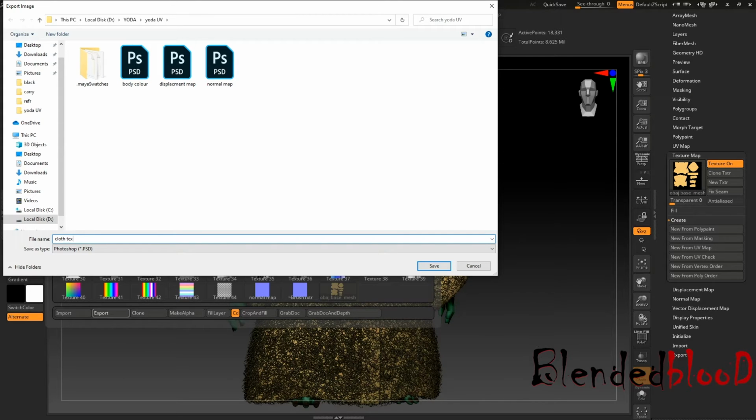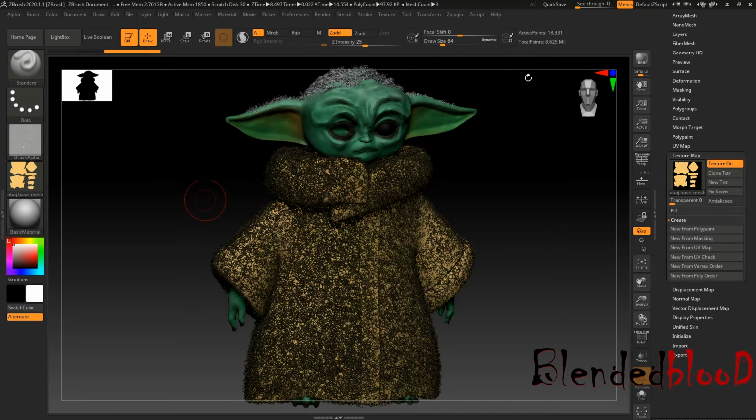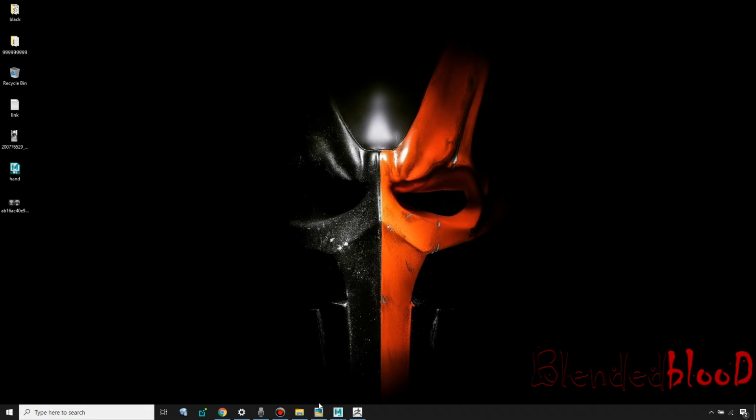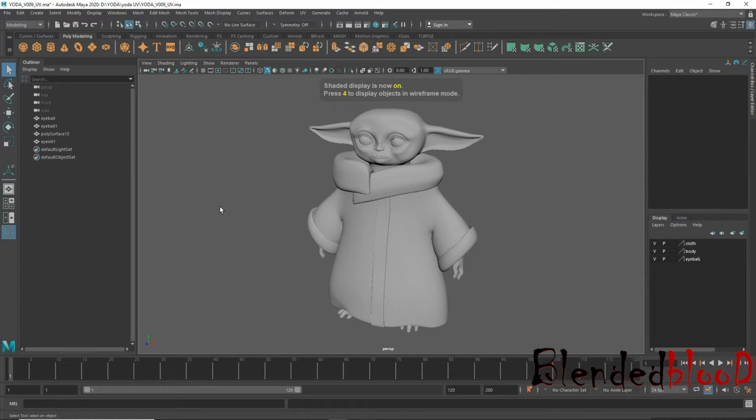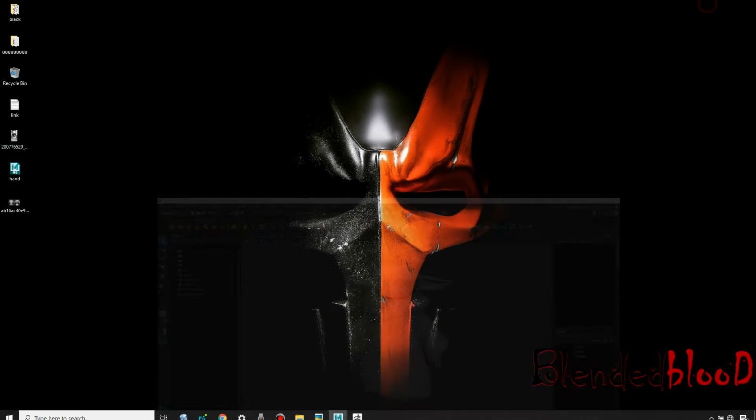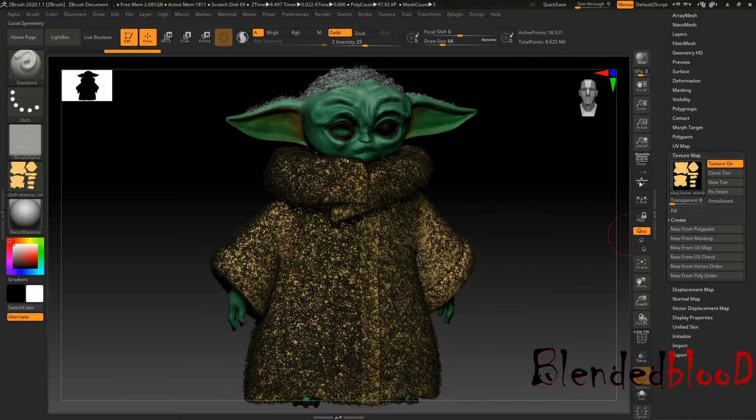Cloth texture underscore CLO. Sorry. Color. Minimize. Come to the Maya 5. Okay. And one more important thing you can do is come to Zbrush and